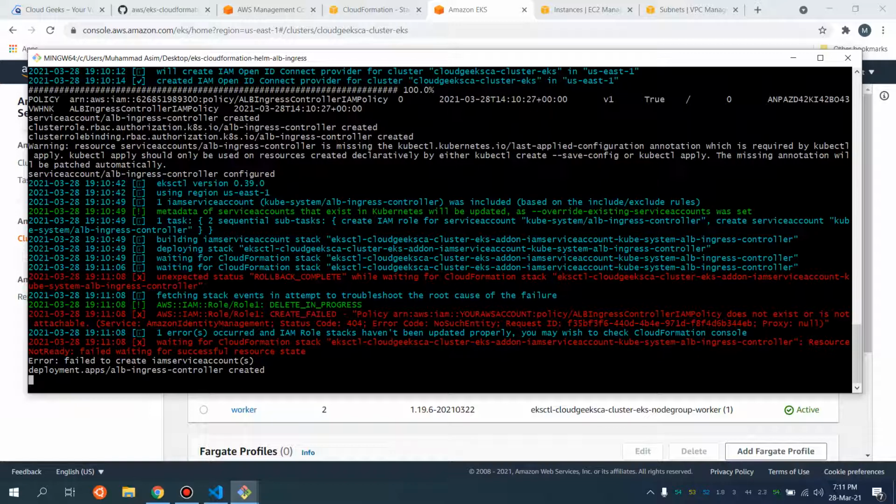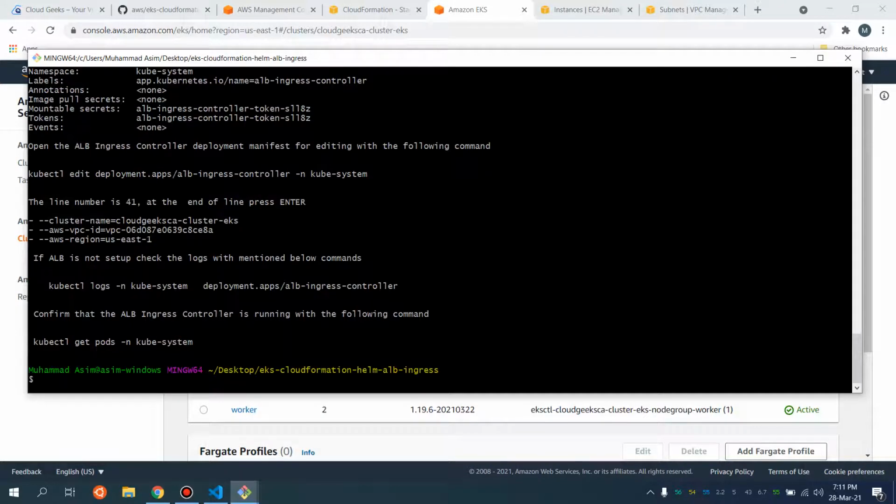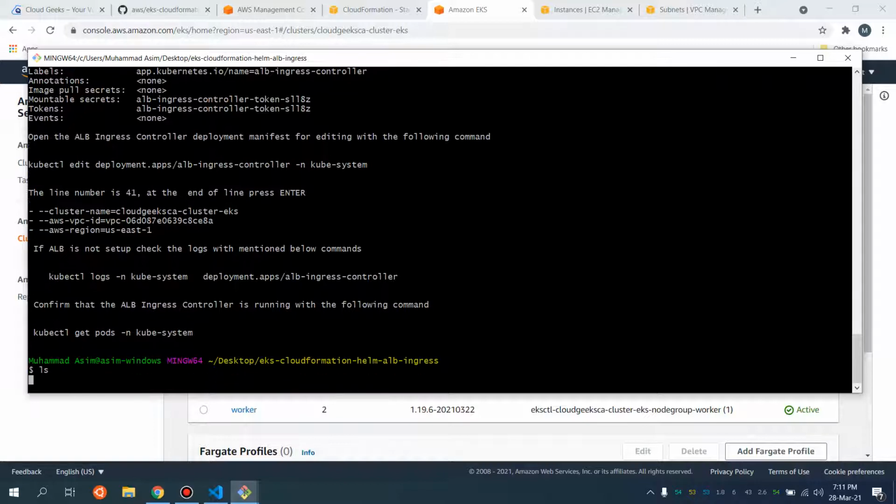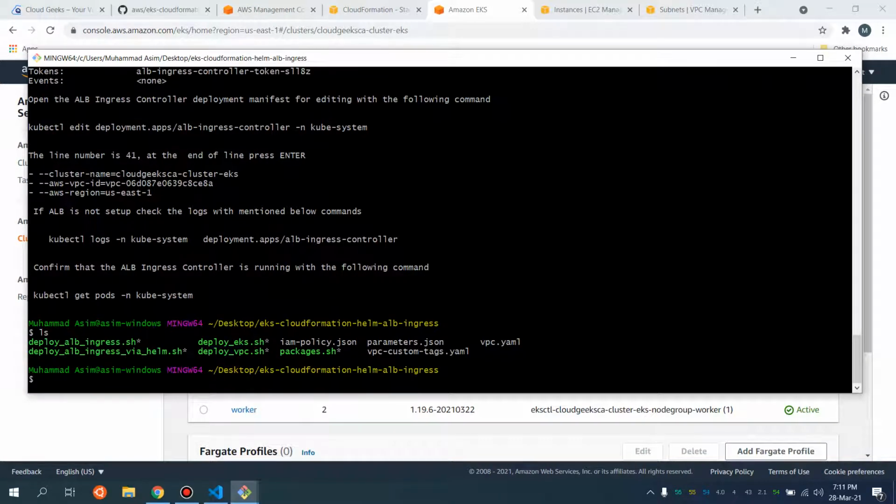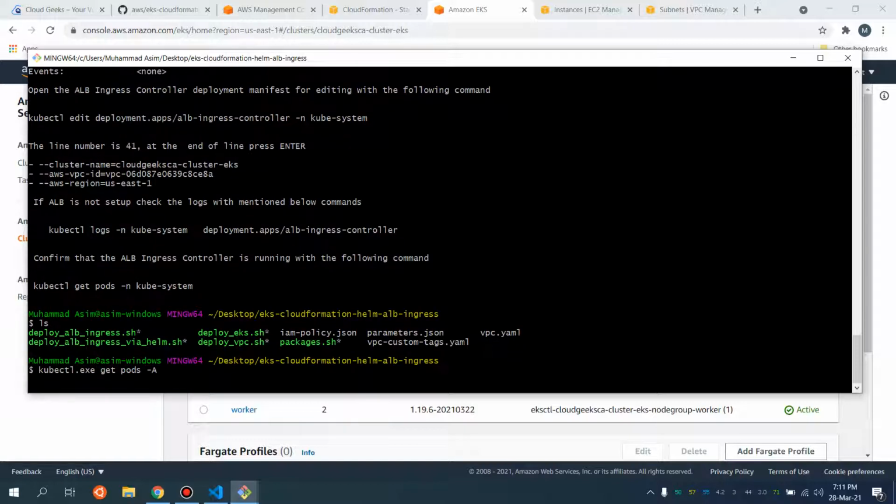Some of the issues I am getting, and let me, oh okay, that is right because I've spun up the wrong script. Anyway, let me show you kubectl get pods, because I have deployed a different script.